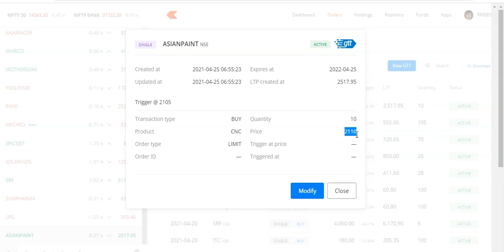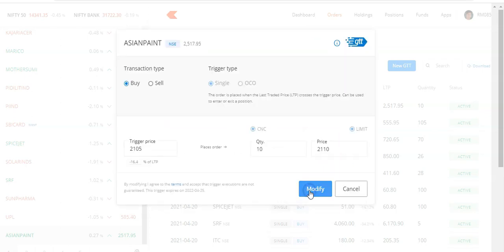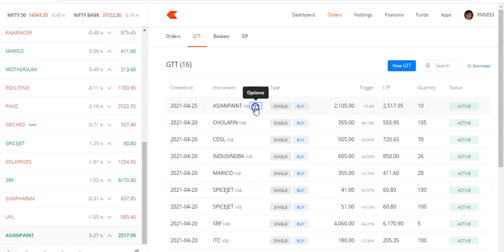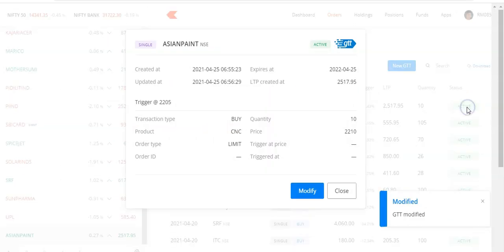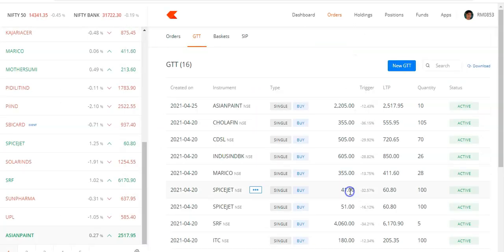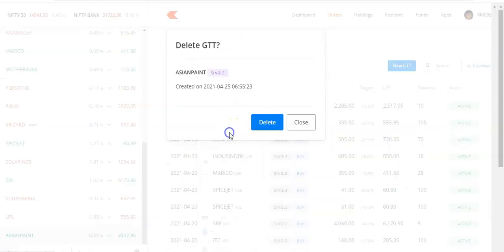If you wish to modify for any reason, click on this modify, or you can just directly click these options. You can edit. Say you think this price is not going to come, so you want to increase. Say you want to go to 05, you can just click on modify and update it. Now you can go and see, created has a different timestamp and updated has a different timestamp, which means you have changed the order after you created it. And if the price never came to this level, it only kept on going up and you wanted to delete, you don't want this GTT order to be in the system, so you can just go here and delete.